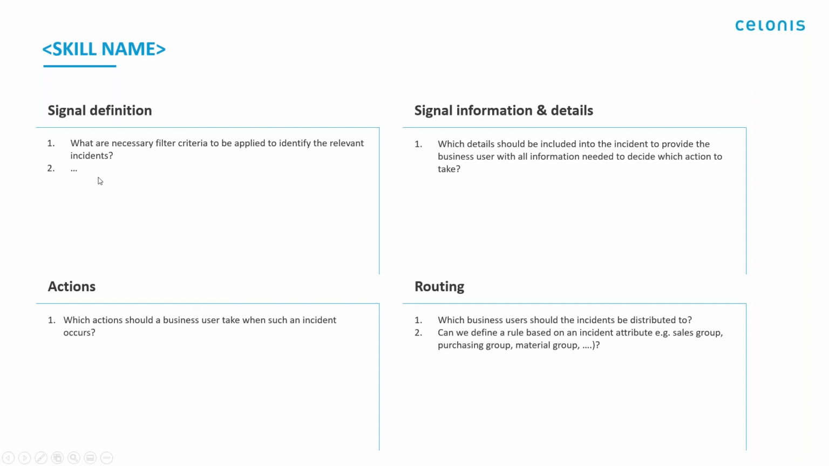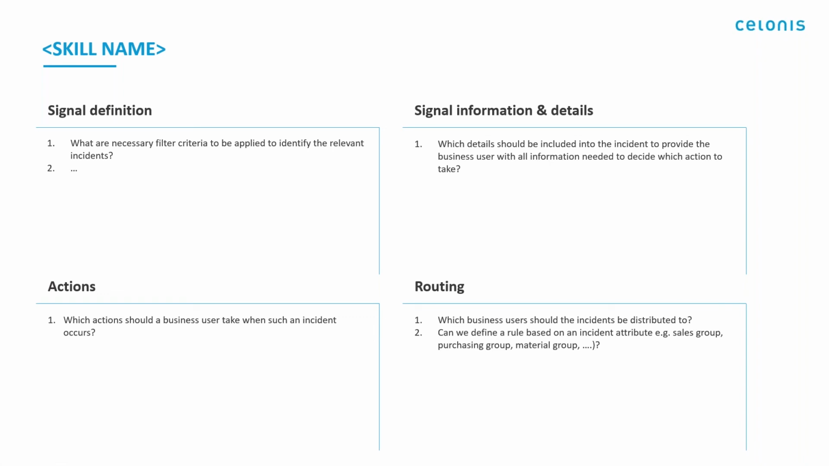So you should think about, how can I detect the relevant signals? Which information or details are relevant for you for making a decision? Which action should we add to that? And what kind of workflows should be triggered? And also, how should the routing look like? And who should be the recipient of which signal? While those are templates that you can pre-fill,